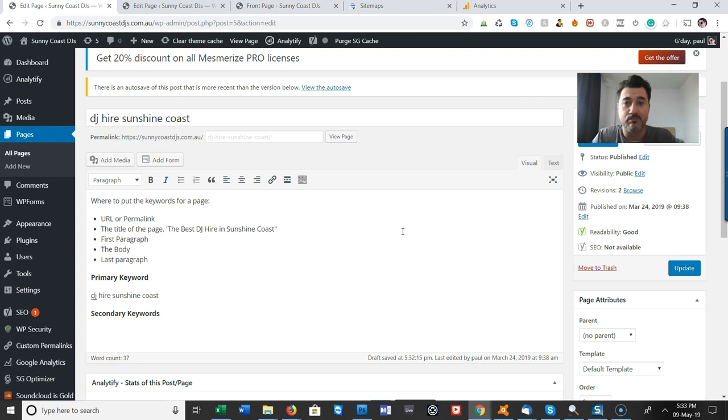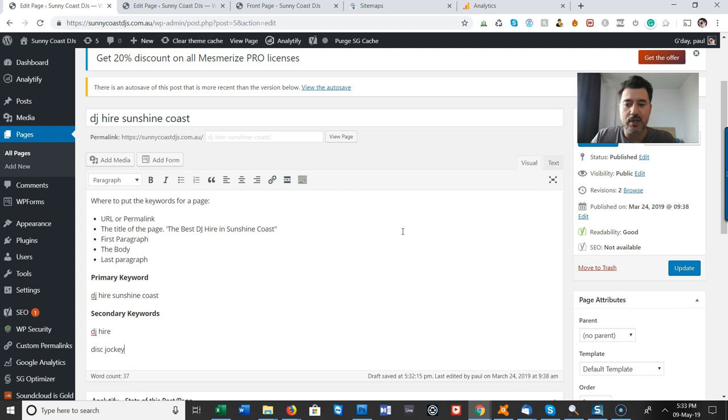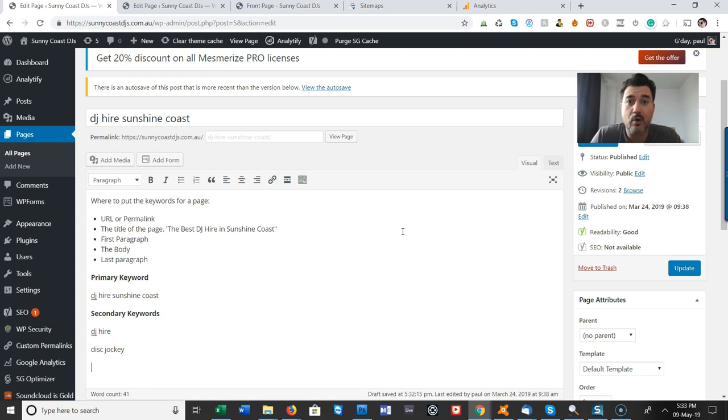So obviously there are broad keywords, like DJ hire or disc jockey, but keywords like that are very broad, and you probably won't rank just for the words DJ hire. You're going to be much more likely to rank when you've got additional words. They call it a long tail keyword. So more specifically,